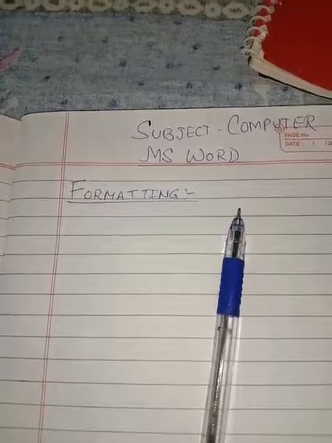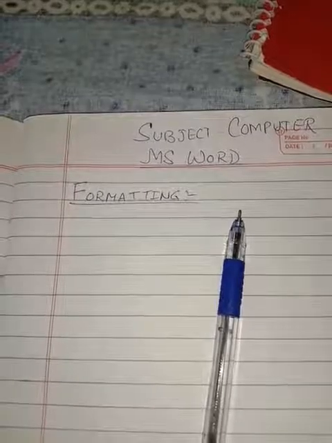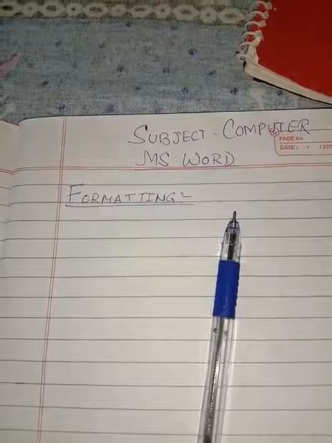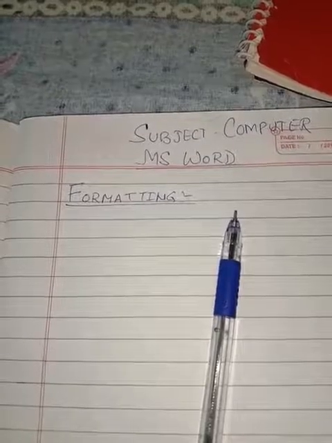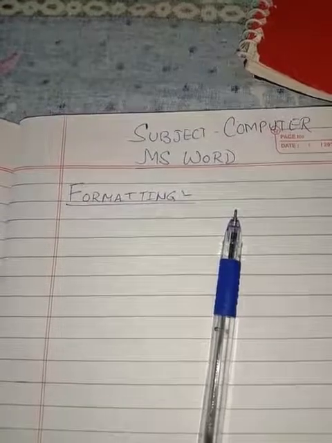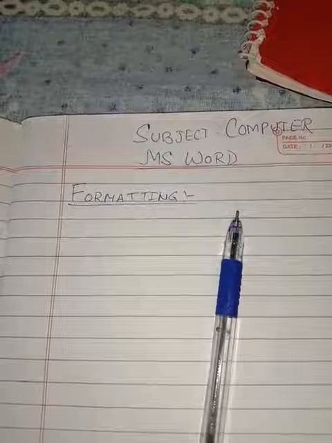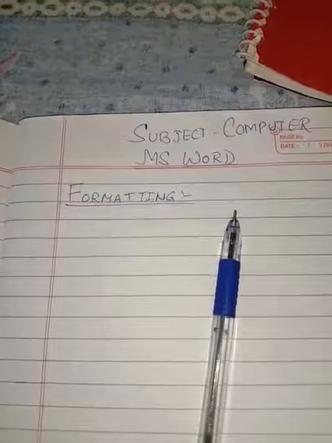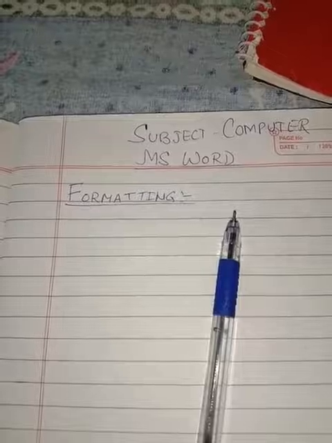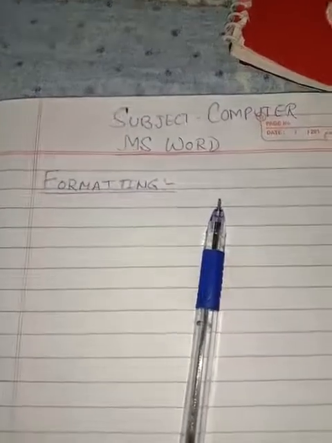Or there are many other options, like we can double click on the Word icon which is on the desktop, or we can go to the start button and click on the MS Office option. From there we can choose MS Word 2007, and when we click on it, a blank window appears where we have to select the blank document option and then click on the create button, and the MS Word window will appear before us.